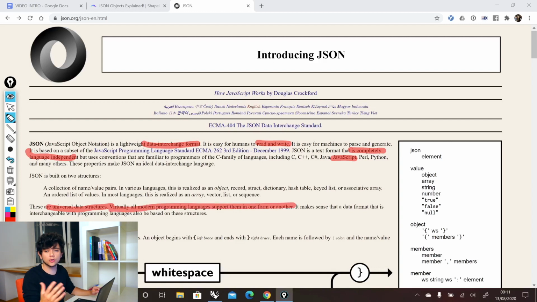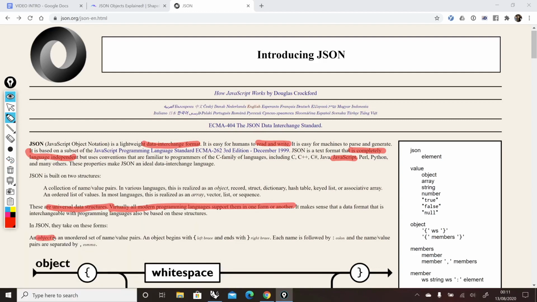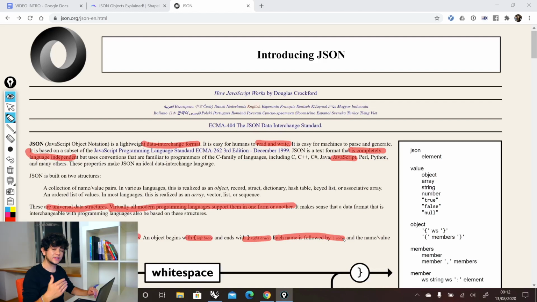The main structures or forms that a JSON needs are objects, which are an unordered set of name-value pairs, and they are identified because they start with a left brace and end with a right brace. The name is followed by a colon, and then after the colon you have the value. This value can be all kinds of data types, including an array, and an array is the second form that